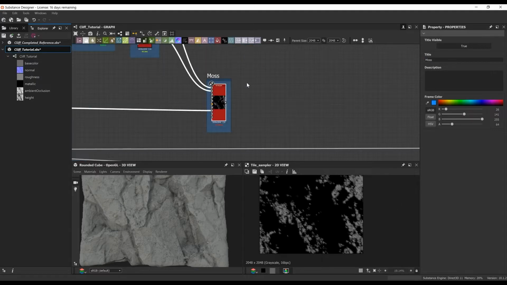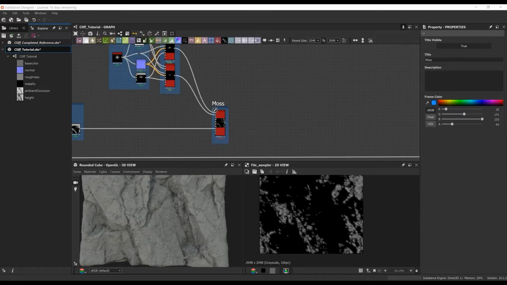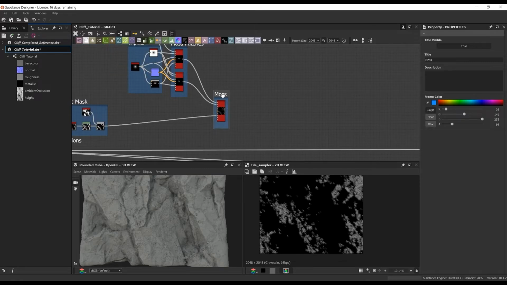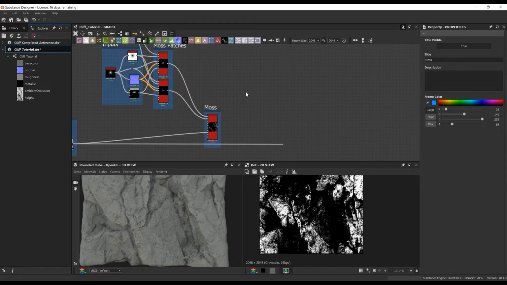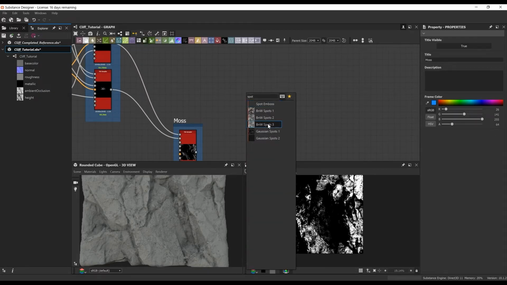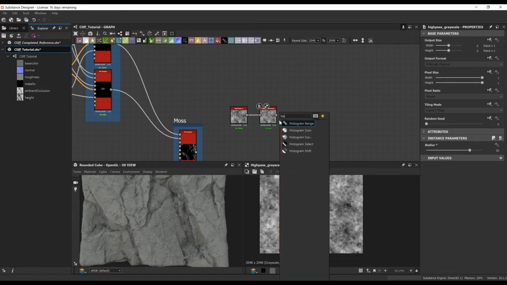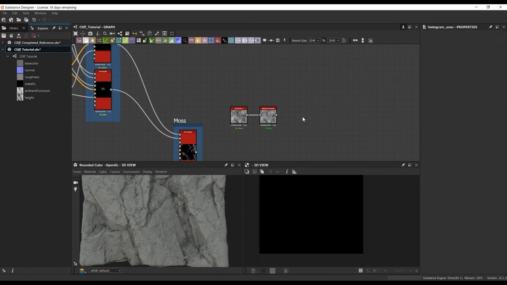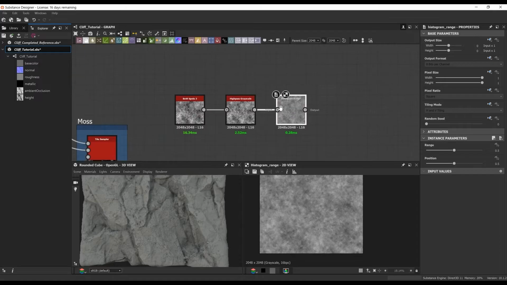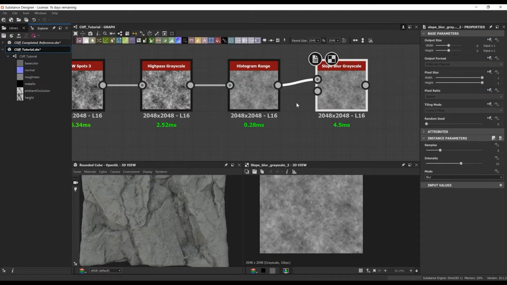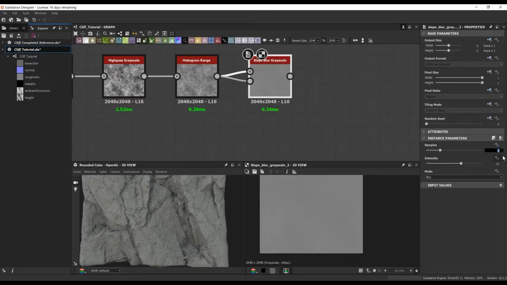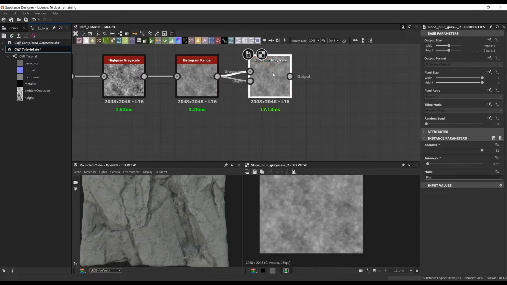So moving forward, the moss is looking cool at this point. I wanted to add some sort of undulation on it, because when you're looking at the moss, I just don't want it to look completely flat on the surface. I want it to have some raised heights and different height variations. So what I'm doing here is a black and white spots, a high pass grayscale, a histogram scan, and slope blurring that.